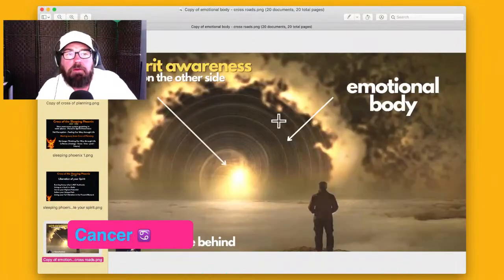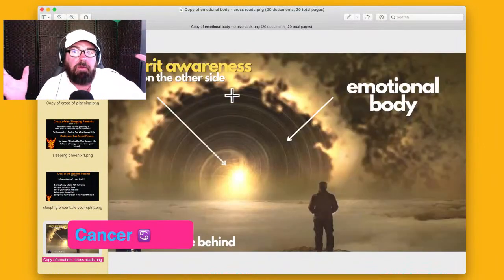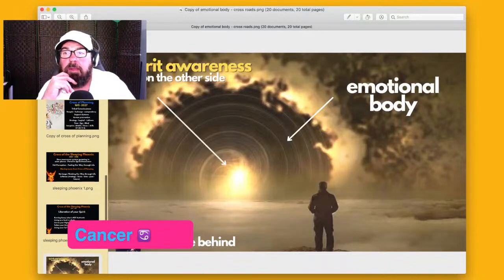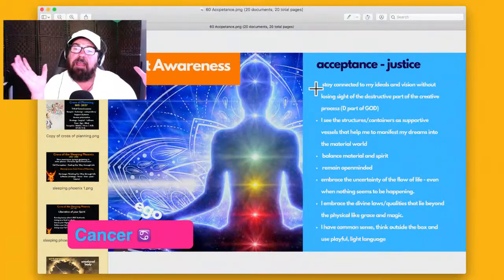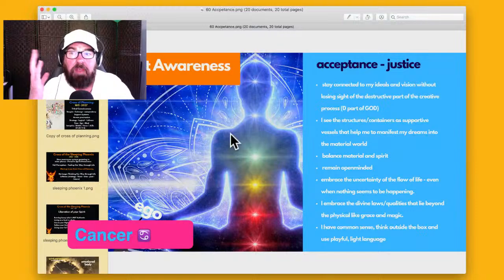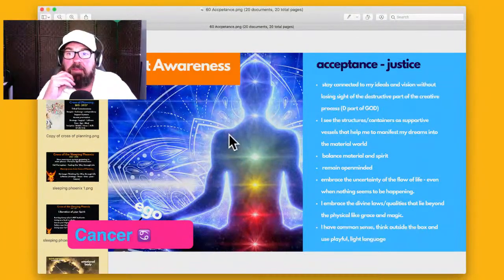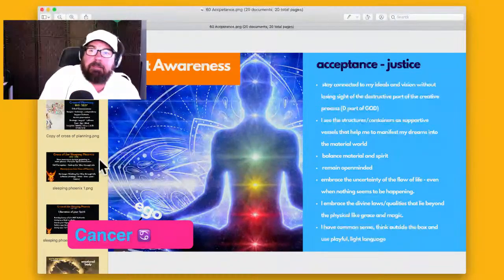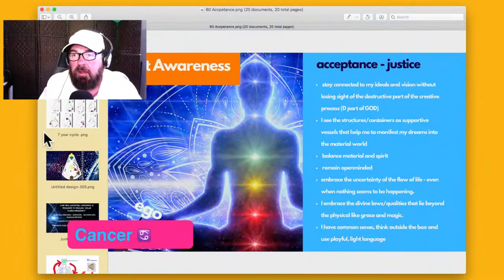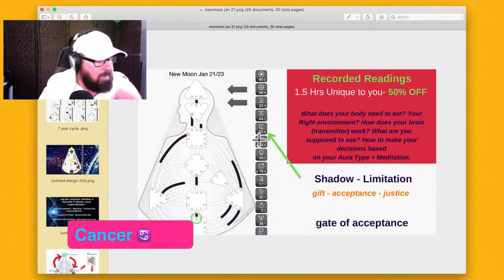And then you go through this emotional body, and then you get to spirit awareness, and then it doesn't matter. That person can judge you and disapprove of you and your choices, but you're up here, and then you see it in reality. Oh, that person is just having their experience of me and my choices. Maybe I'm triggering them, maybe because they feel limited in their beliefs and the choices they make, right? And they're afraid of being judged. You can see that more clearly. This is all about being your authentic self.